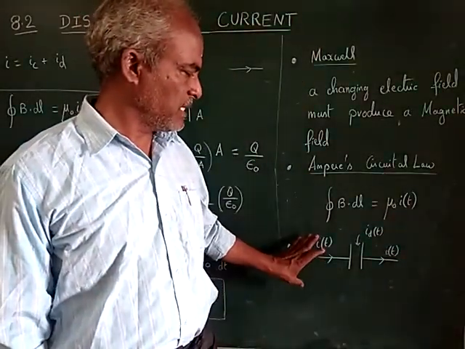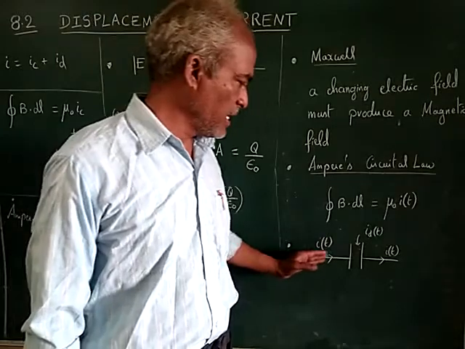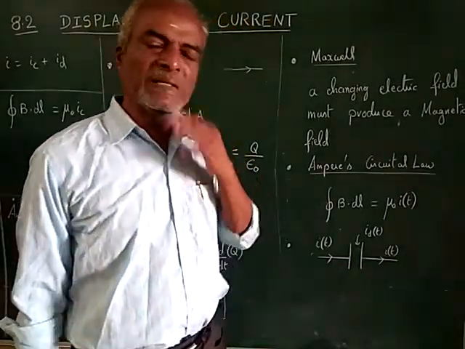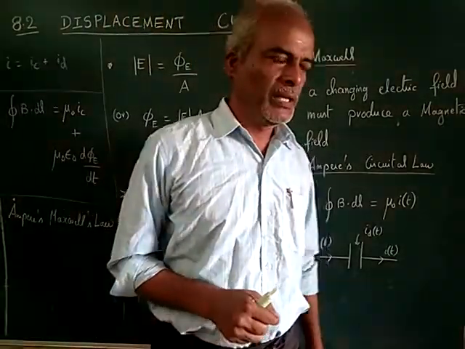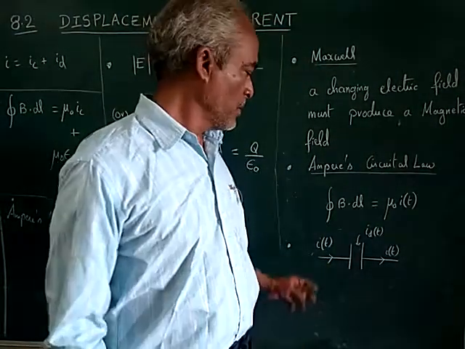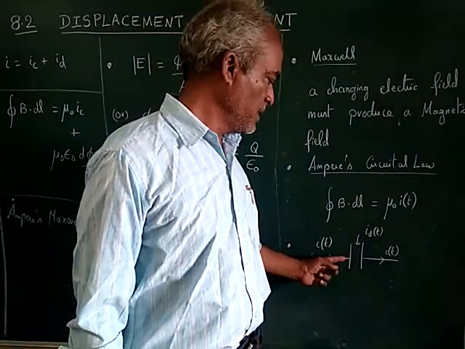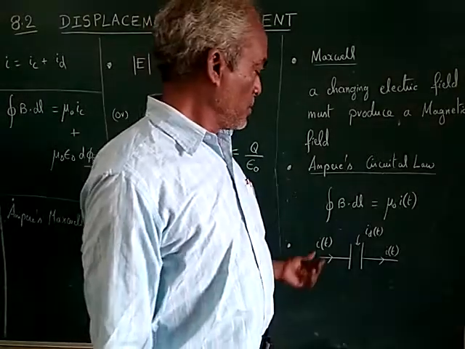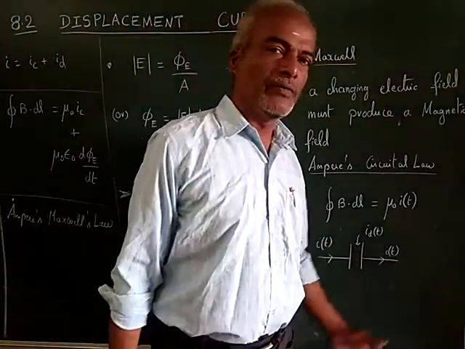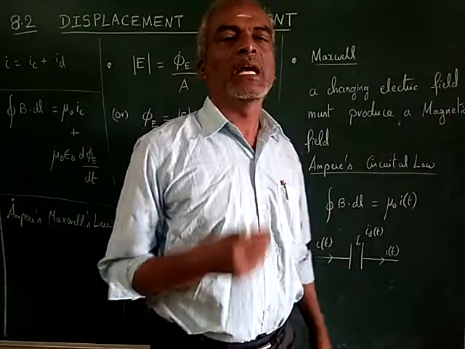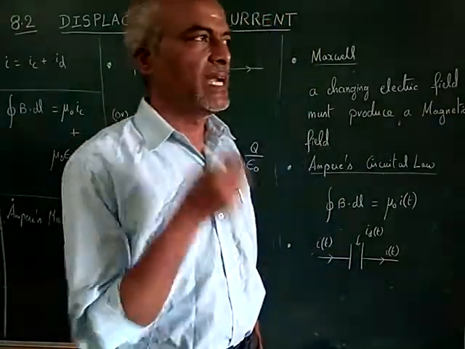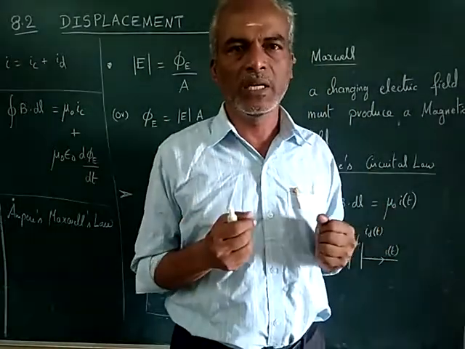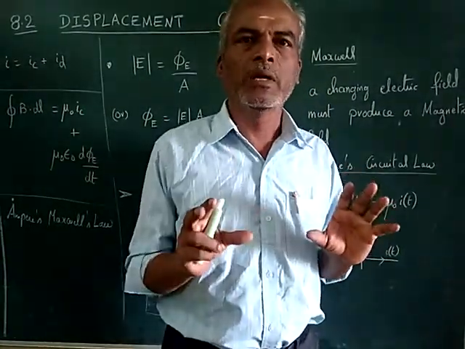Now consider a current which flows to a capacitor. I of t, this current, is time dependent or time varying. When the current flows here, this is a conductor, a copper wire, and here also you have copper wire. So I of t here, and I of t here. But in between, the current has to pass through a dielectric. That means two conductors separated by a dielectric, an insulator. So it experiences what? An electric field.